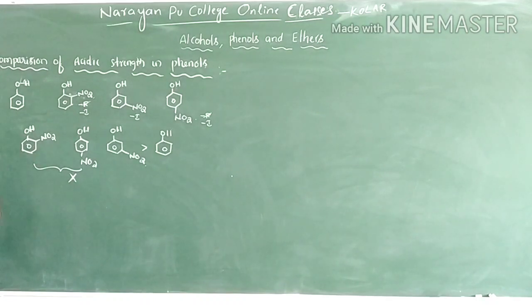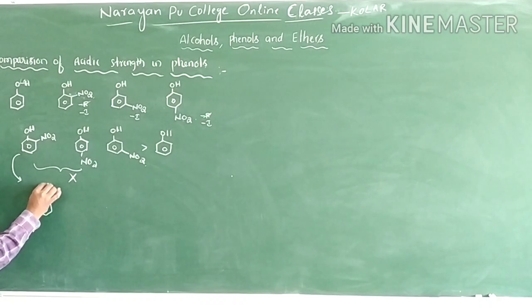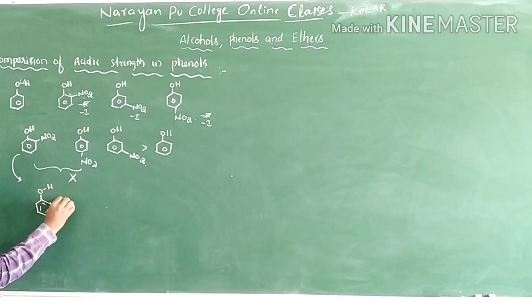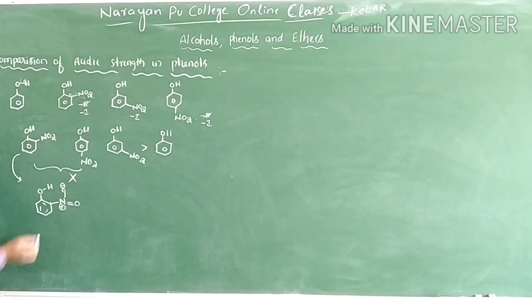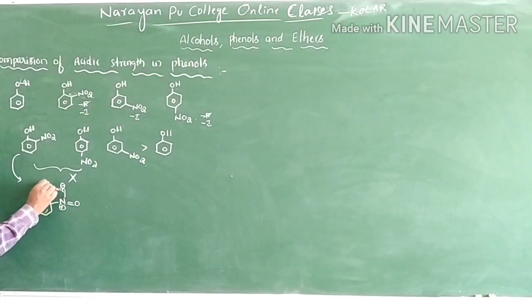These are wrong. Why? Because in orthonitrophenol, there is a chance of hydrogen bonding. NO2, O minus and double bond N plus. See, there is a chance of hydrogen bonding. Whenever there is hydrogen bonding, the removal of H plus ion is difficult, because previously it